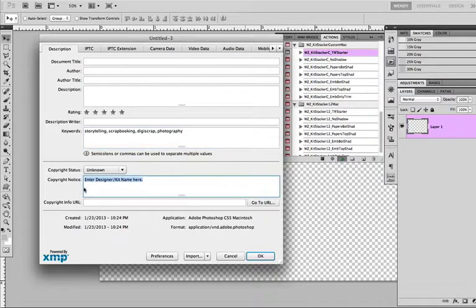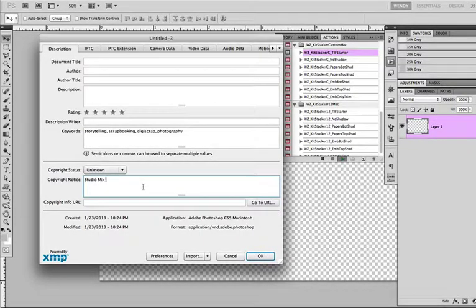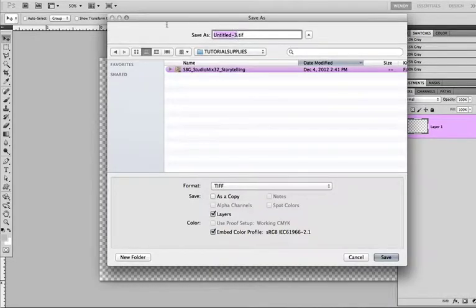And then down below is where you can enter your kit name and your designer name. So this is storytelling. This is Studio Mix Storytelling by Scrapbook Graphics collab. So I enter in the kit name right there and press OK. Then I'm prompted to save the file, and I'm going to call this SBG Studio Mix 32 Storytelling